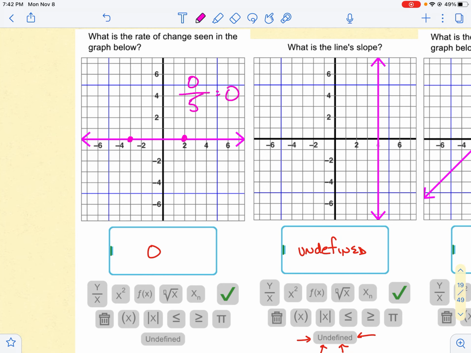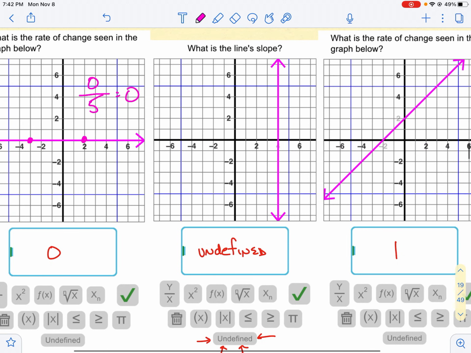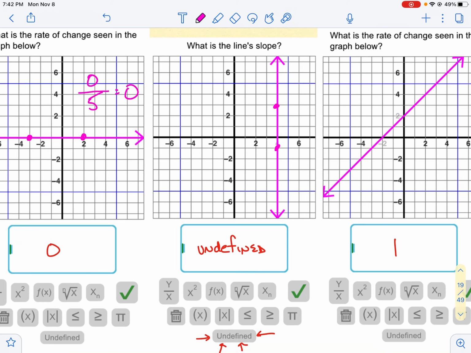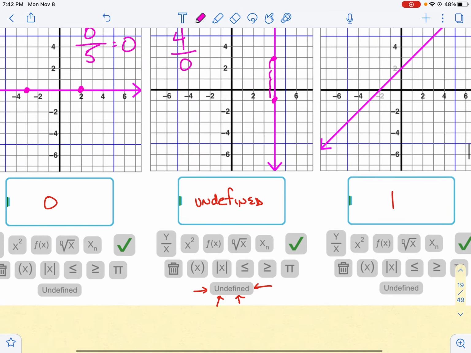All right, any 2 points would work. This guy right here, same concept. Pick 2 points, doesn't really matter where. The rise would be 1, 2, 3, 4, and the run is 0. And when you divide that into a calculator, you're going to get an error message, which is